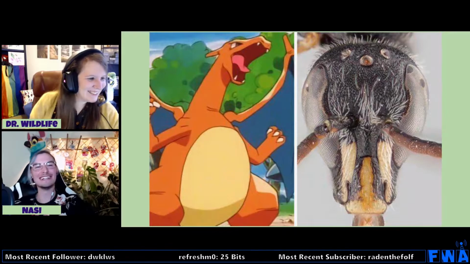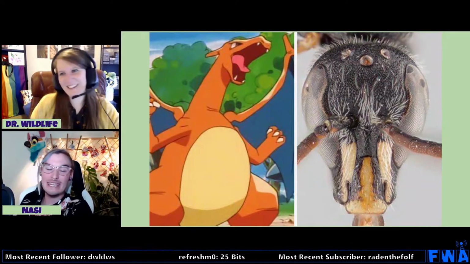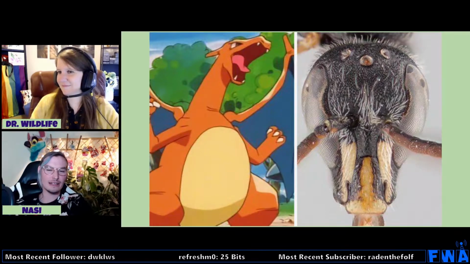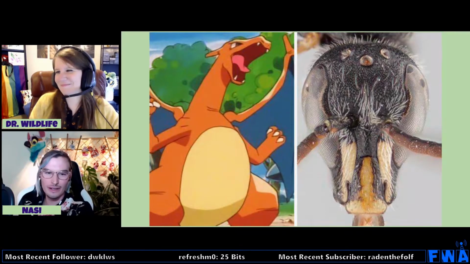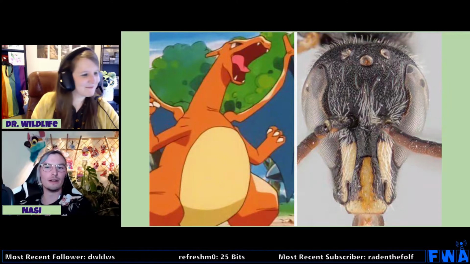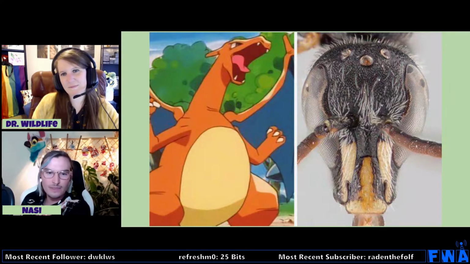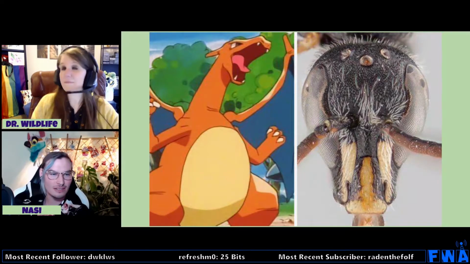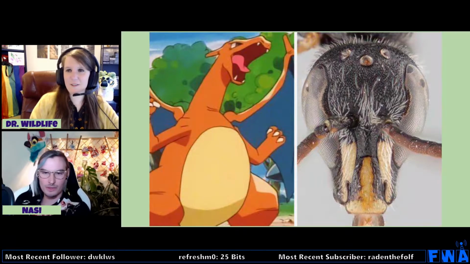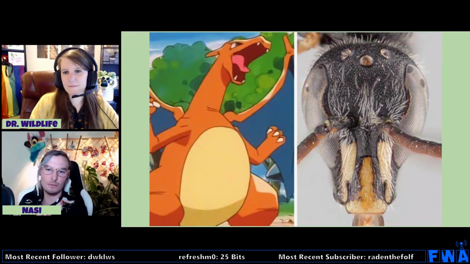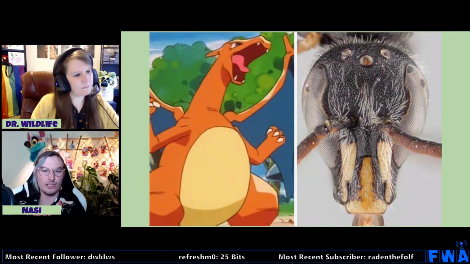This is actually a species of bee named after Charizard. So like I was saying, it's not just the common name that's a little bit weird for this one, but the species name is genus Chilicola, species Charizard. This one was actually named by a previous lab mate of mine. He did work with Chilean bees in this one particular genus.